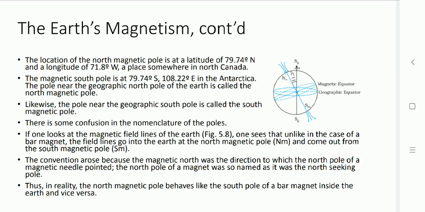Likewise, the magnetic field lines of the magnet which are coming in and the magnetic field lines of the Earth which are coming out are both attracted towards each other, and this direction is known as the south seeking pole. So that is the south pole of the Earth. This is how the north pole and south pole are defined with the bar magnet.